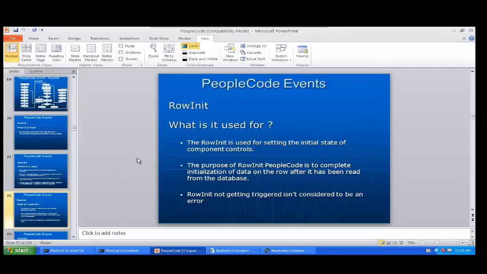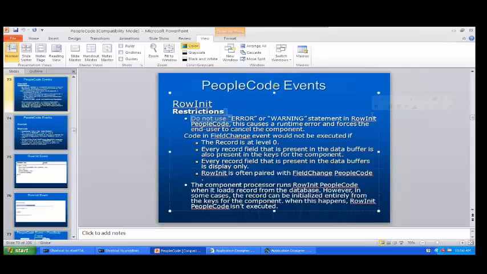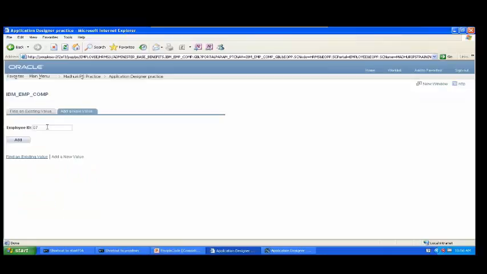But how can I know what is the last employee stored in the database? That is the main logic of this. Then how can I know? Let's say if I'm querying this table, select star from PS